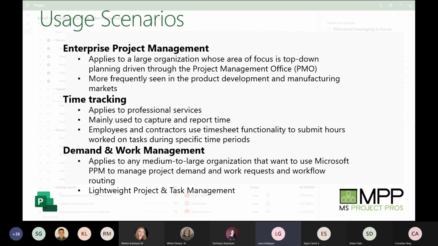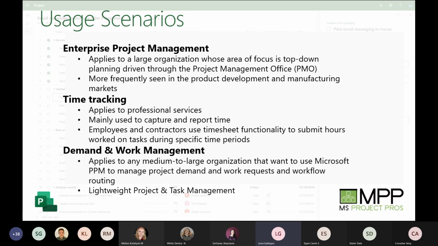Now, if it's much more than that, let's say it's 400 plus hours and it requires multiple resources from various departments, then that's going to get routed to Project Online, for example, and get managed from that point forward. So it does a very good job of taking that request, compiling the necessary information regarding that request, and then routing it to the appropriate people to approve it, and then eventually get worked on. And there are other scenarios where it can be used in a single department. So it wouldn't be considered a full-fledged enterprise tool, but maybe just IT is rolling it out and they're going to use it for that particular department.